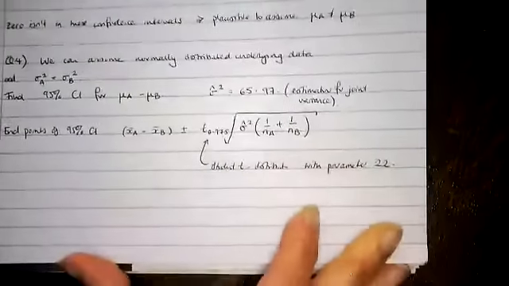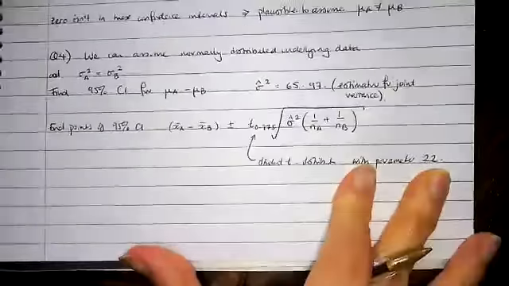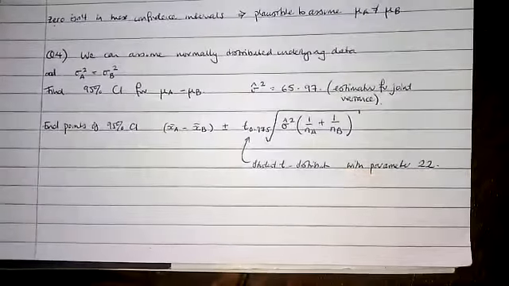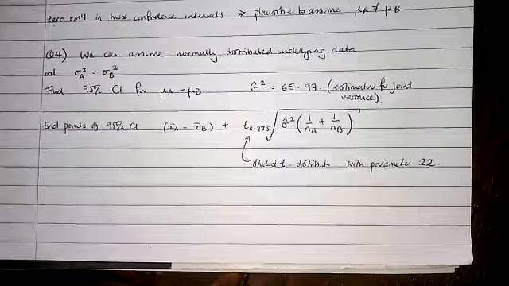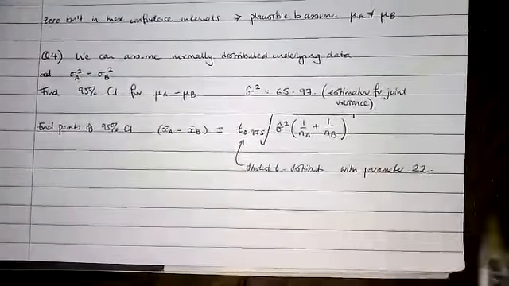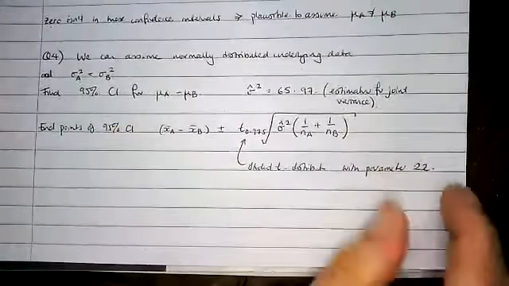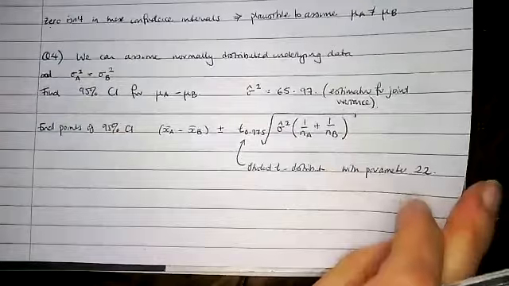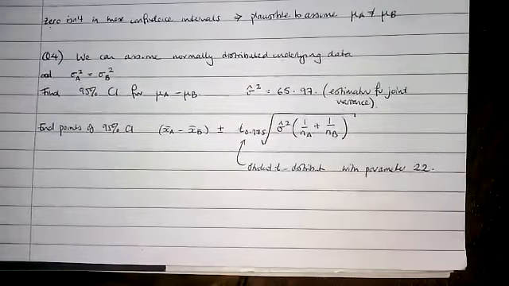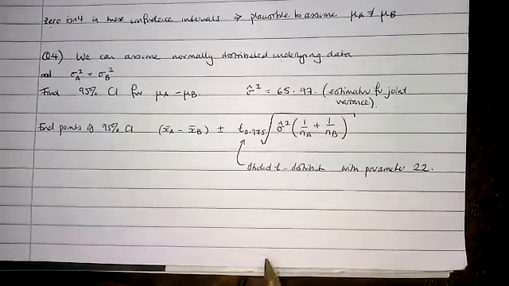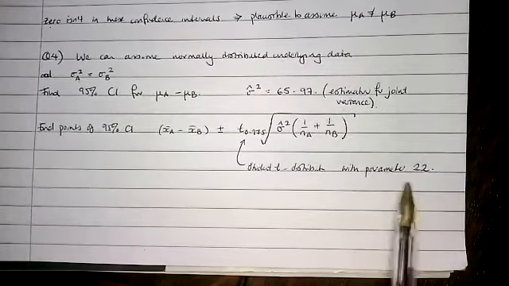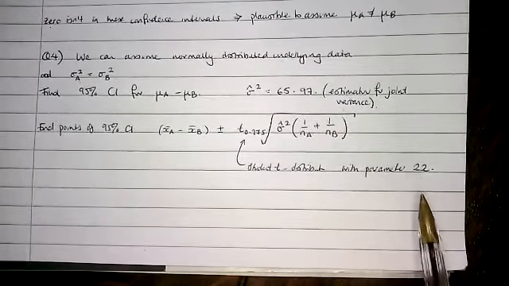Now, the difficulty that I was informed of in the previous class was that the table that you've been given for the student T distribution doesn't have 22 degrees of freedom as a row in it. So what do you do? What do you do if you've only got the rows that have 20 degrees of freedom and 24 degrees of freedom? And what you need to be doing is you need to be looking at the closest